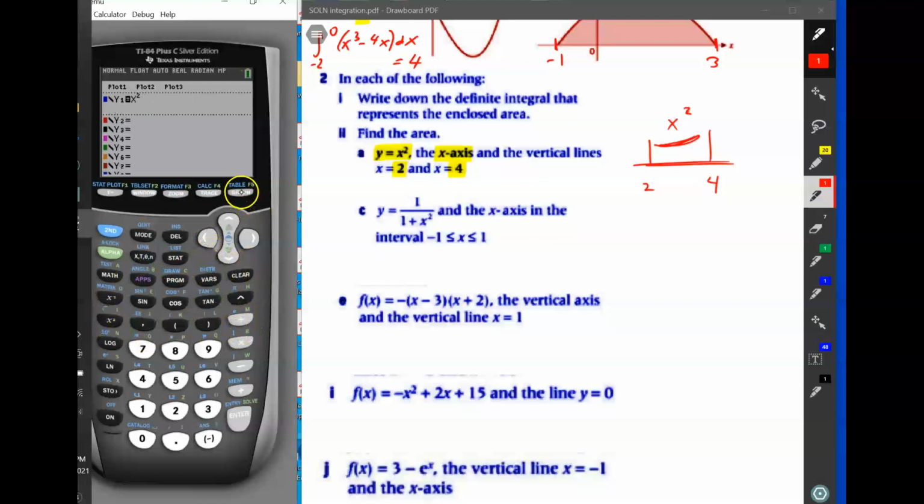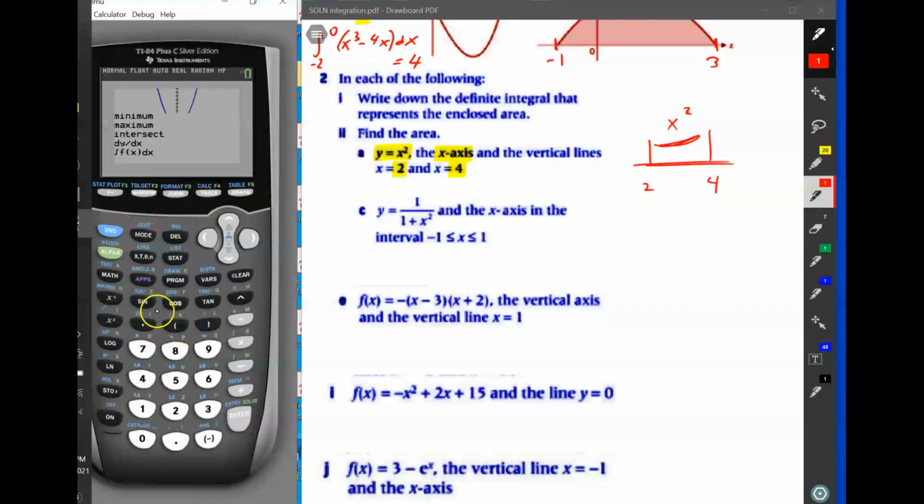So we're going to have x squared, and we're going to graph it. And then I'm going to figure out where 2 and 4 are, and then I'm going to find the integral of the area in between 2 and 4. So I could do that by doing second calc,